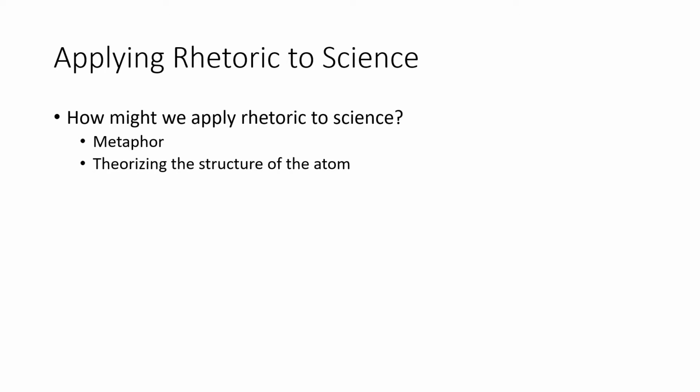canon is an aspect of style, and also a specific mention of Niels Bohr, who is a Danish physicist who was in on the early theories of the structure of the atom, and he actually continued with that and worked with developing atomic energy before, during, and after World War II. So we're going to look at some of my research specifically into these two aspects of rhetoric of science now.